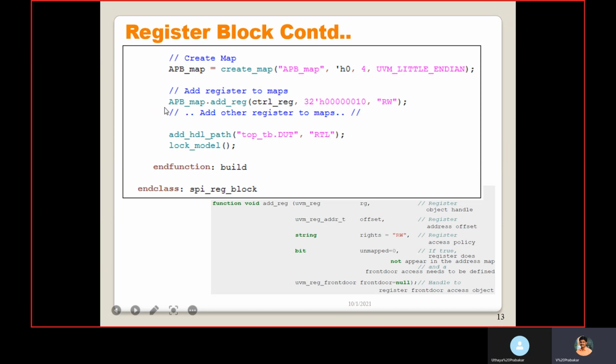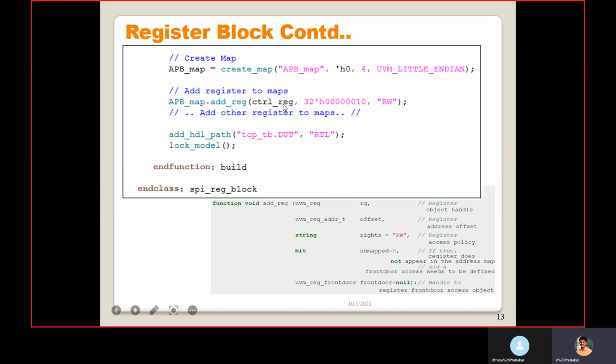After that, we are declaring and creating the map. Then we need to add the reg to the map with the help of add_reg. apb_map dot add_reg is the method used to add the corresponding register to the map. We need to pass these arguments. The first one is control_reg, the register we already instantiated in this class.